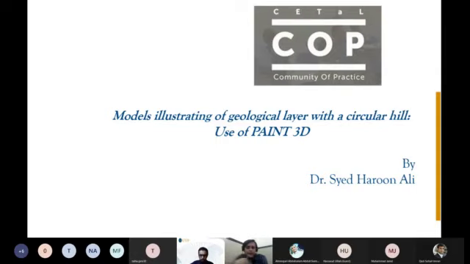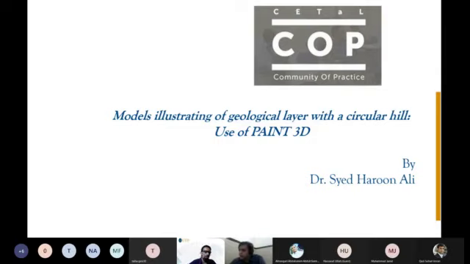As a student, I always had this problem of understanding the 2D and 3D dimensions of rocks. So I was playing around with the Paint 3D tool, and we have some very simple drawings I will share with you shortly, along with a demonstration.